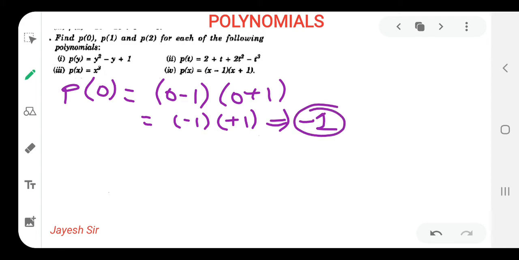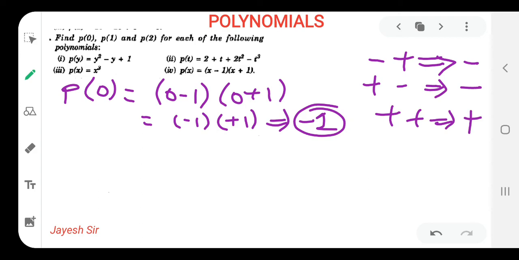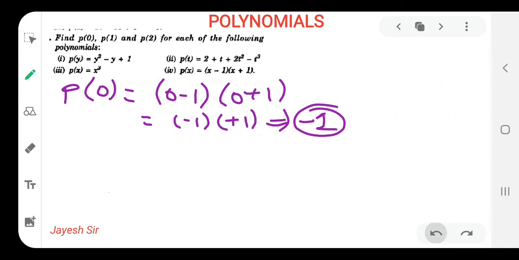In the sign rule we have understood it properly that if there is different sign, that means plus minus or minus plus, the result should be always negative. If they are having similar sign, that means plus plus, the result should be plus. And if the values are having minus minus sign, then the result would always be plus. Here it was having different sign, that's why our answer is in minus. I hope you all might have understood and have built up that concept of sign rule in your mind.